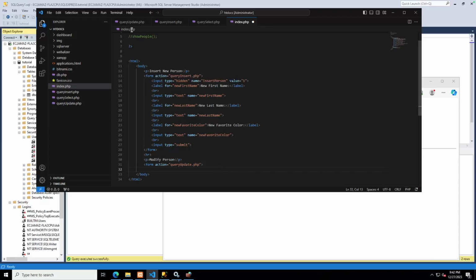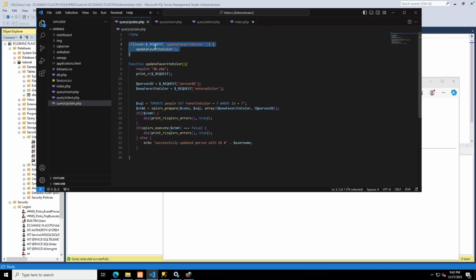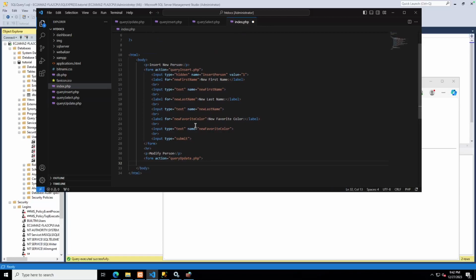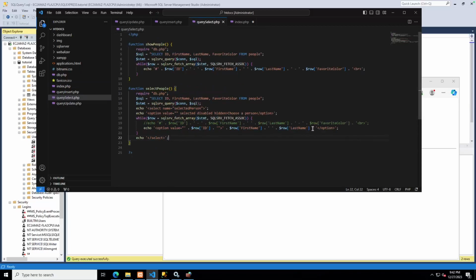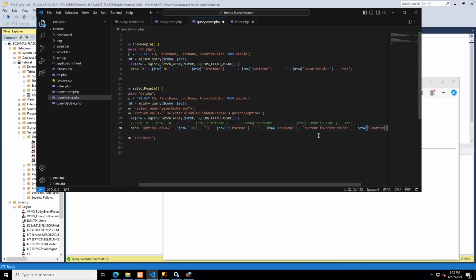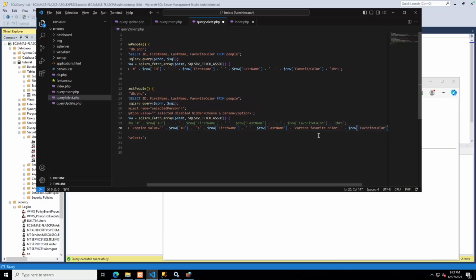And then let me see, what did I put for the expected? Okay, update favorite color. That's what we'll call it. That's what this function will do. It'll update someone's favorite color. So what we're going to do, now I'm thinking about it, let's say what their current favorite color is after all. So we'll say current favorite color, and then we'll concatenate the row favorite color, and then let me just press Option Z, Alt Z